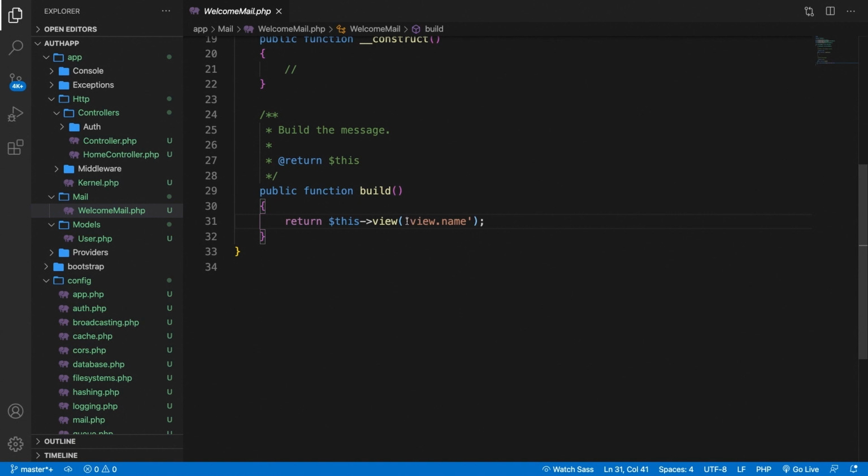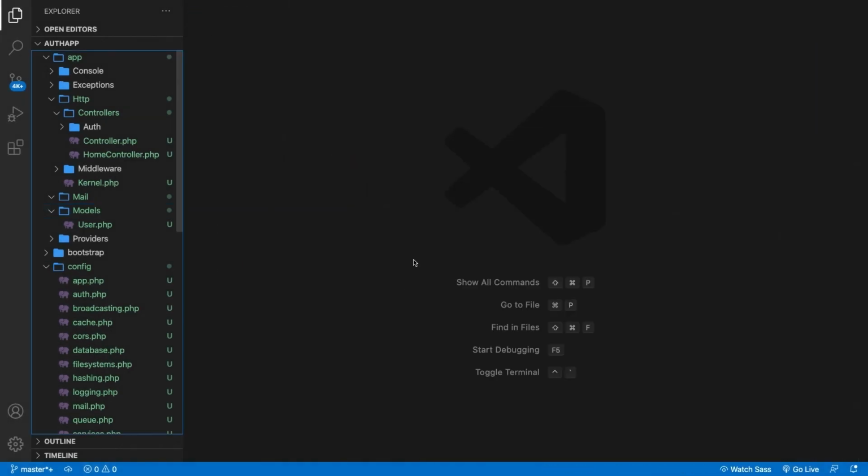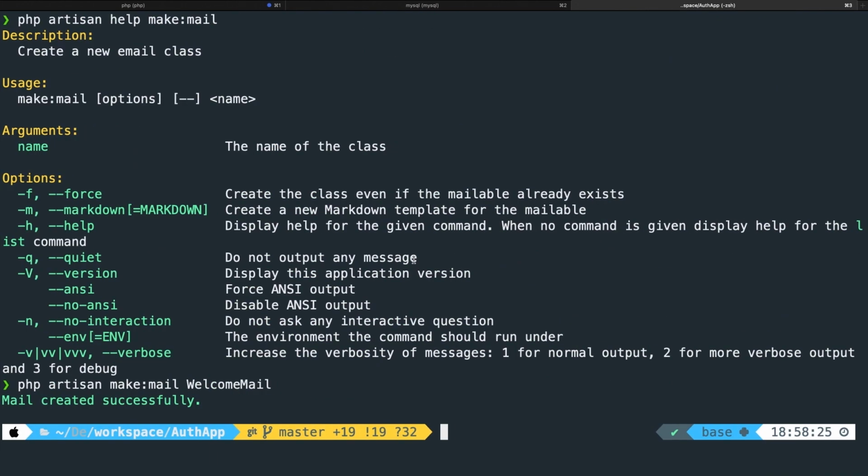It returns a view of view.name, but we haven't created that file. Now, in order to create the view ourselves, we could also do that in the CLI. So what we need to do right now is to remove welcome mail. So let's delete it. Move to trash, go back to iTerm, hit the arrow up, and we're indeed going to